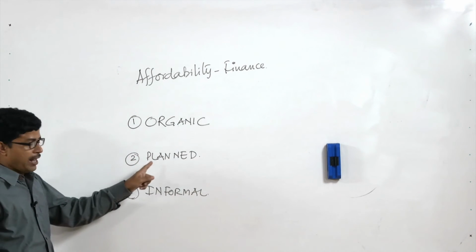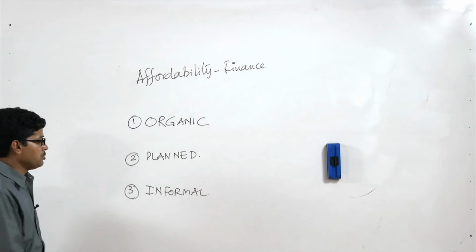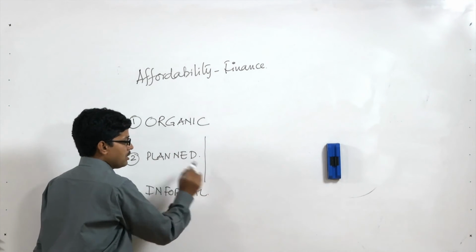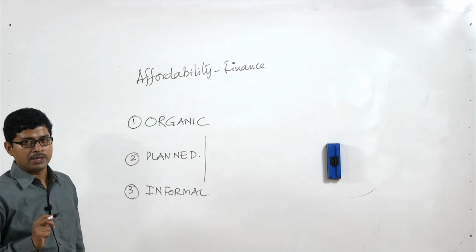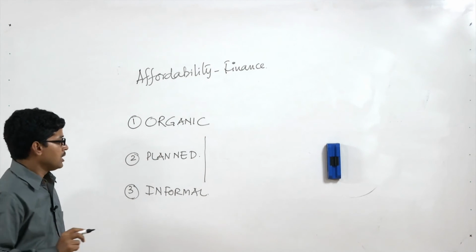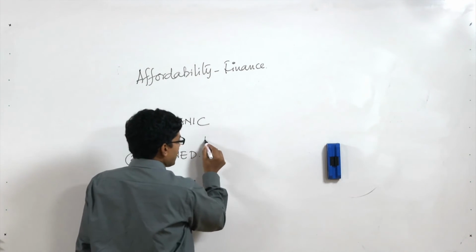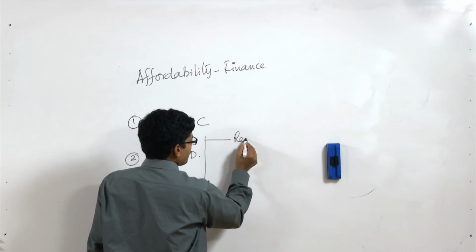Within the planned options which we discussed last day, the private developers' houses, government developers' houses, cooperative housing, rental housing, employees' housing, the supply in the category of rental housing